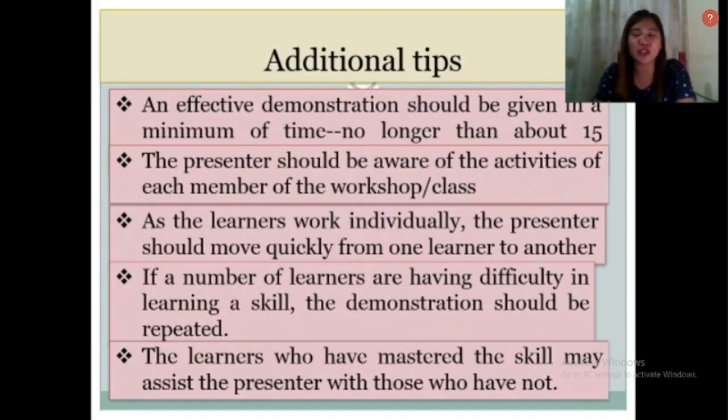Okay, next, the additional tips in demonstration method. An effective demonstration should be given in a minimum of time, no longer than about 15 minutes. Syempre, we are only given 1 hour to discuss, lalo na sa mga junior high, di ba? Mostly 1 oras lang yan. So, hatiin natin yung oras para sa discussion, hatiin natin para sa demonstration,